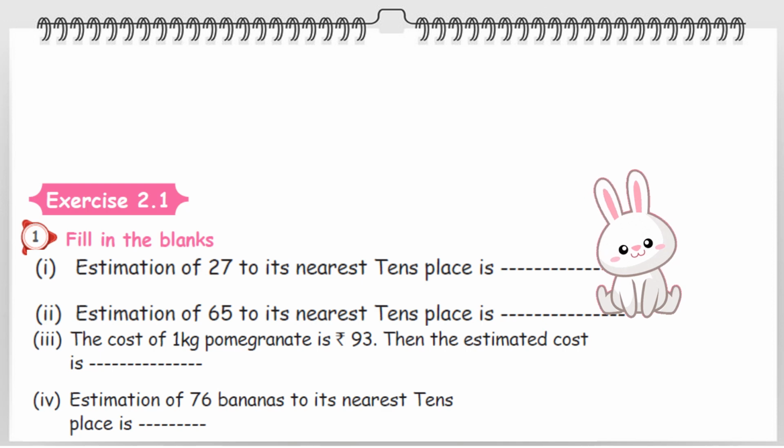In that first, estimation of 27 to its nearest tens place is dash. So, our answer must be rounded off to the nearest tens mark. So, our answer should be in tens only. So, it's very, very easy. Just listen once. Okay. So, let us take the